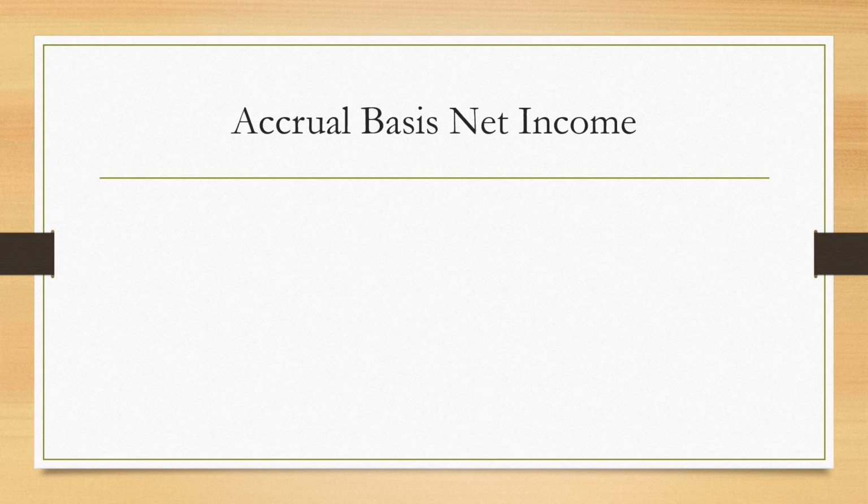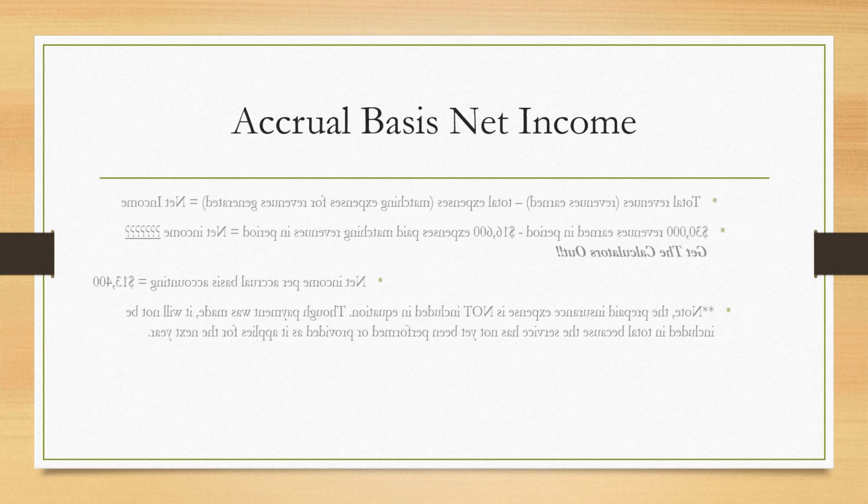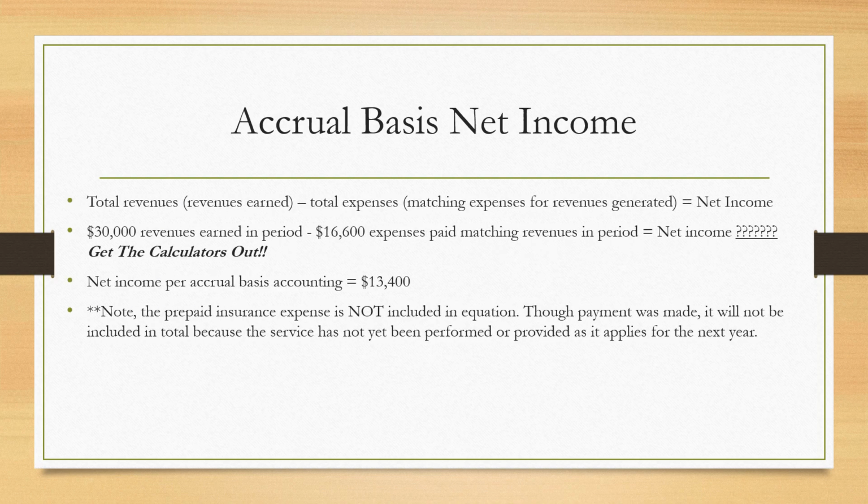In this situation, we're going to use the total revenues and total expenses. So without the exceptions of anything outstanding, we're going to use everything, the whole total, which in this situation will be $30,000 of revenues earned in that period subtracted by $16,600 of expenses paid, again matching those revenues of the same period, which will equal a net income of